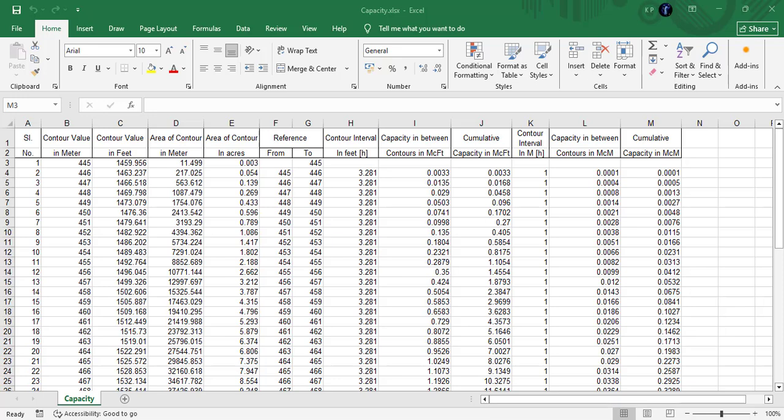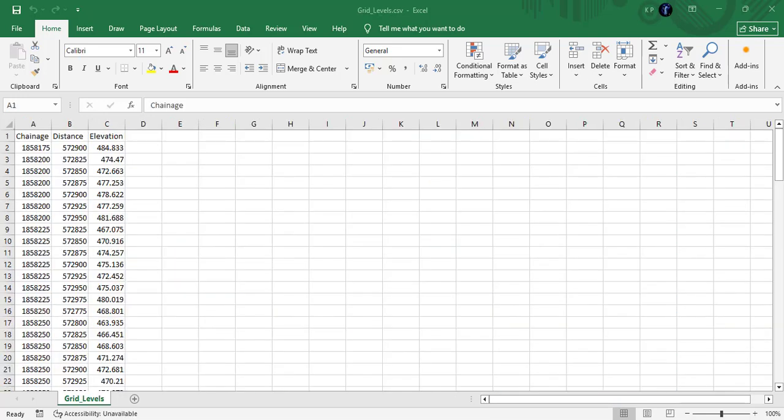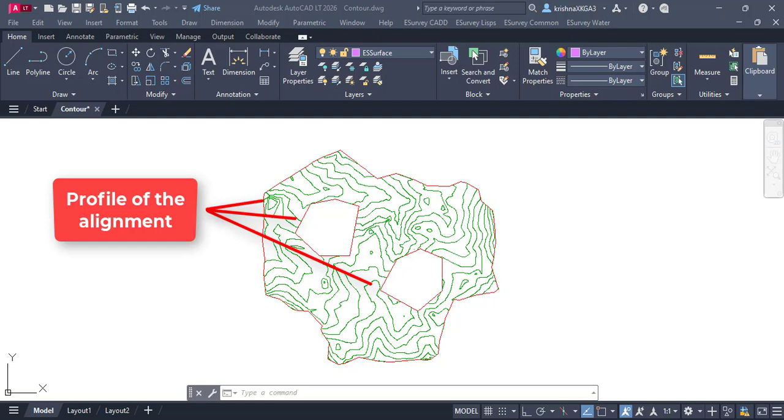Need surface analysis? The contour module allows you to calculate area and volume based on contour surfaces, helping you make informed decisions for your projects. Additionally, you can export grid-level data directly to Excel for further analysis and reporting. The module also supports advanced features such as contour generation using break lines and multiple boundaries, allowing you to create